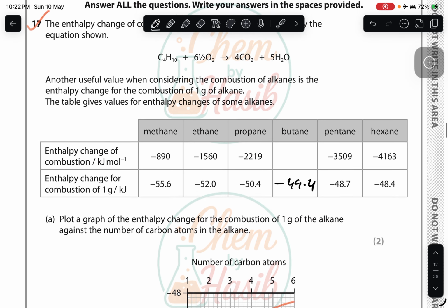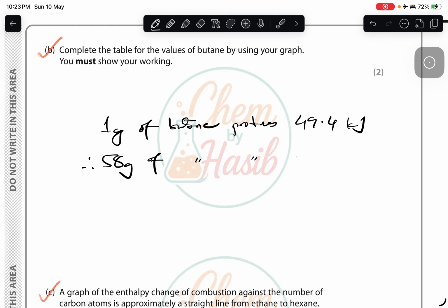So therefore 58 grams of butane will produce, because 58 is the molar mass of butane. The molar mass of butane is 12 multiplied by 4 plus 10, which is 58. So 58 grams of butane produces